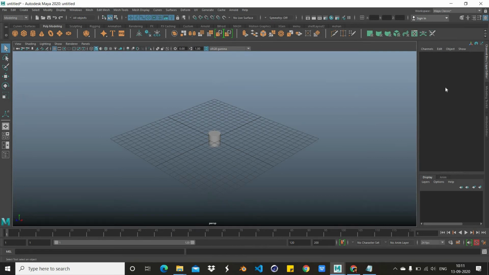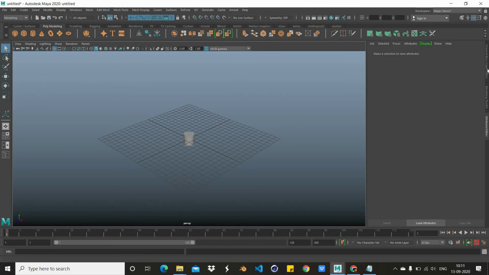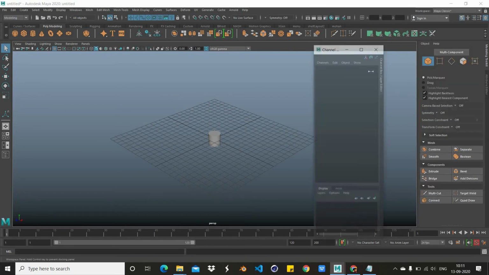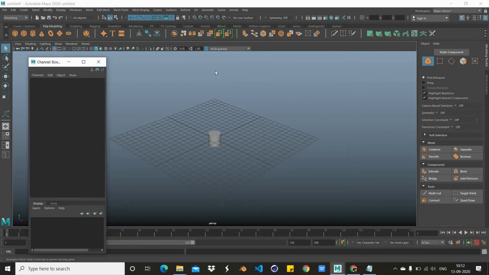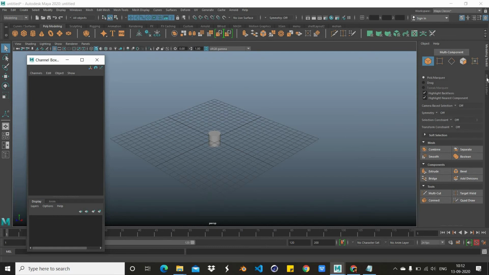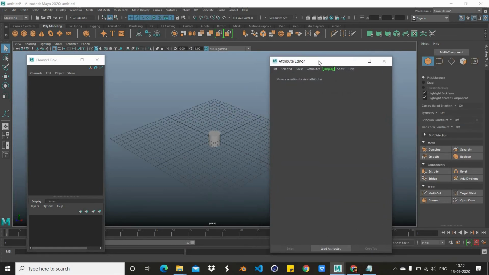Next is the channel box and layer editor, and this is the modeling toolkit and attribute editor. This panel shows properties of the object selected in the scene.